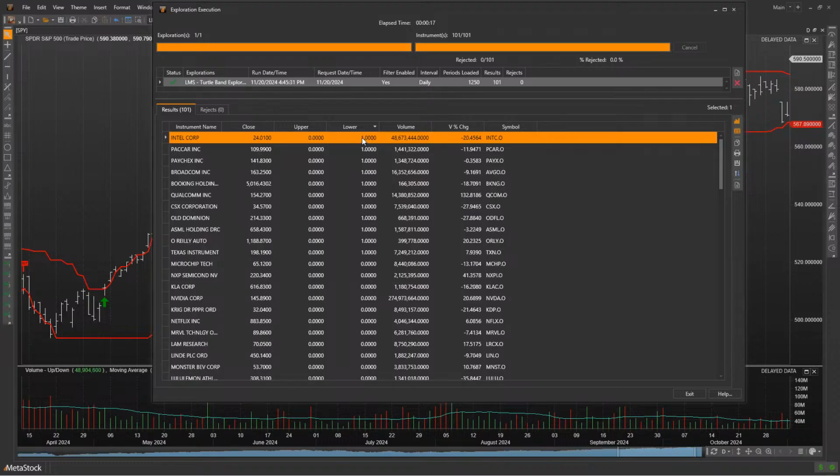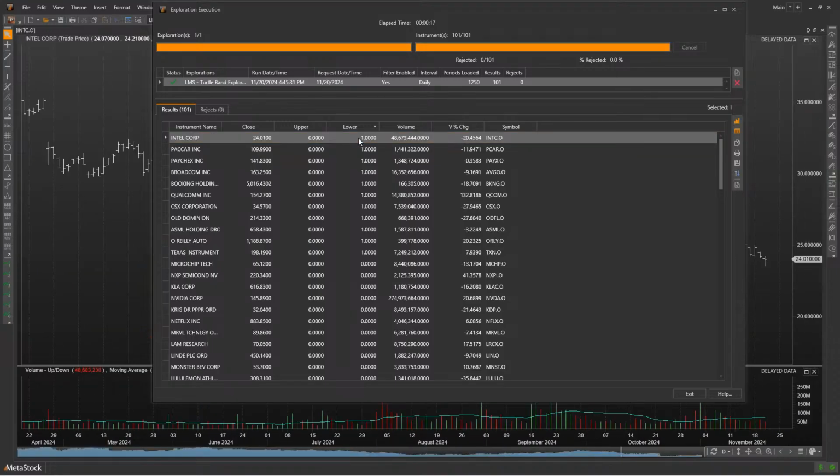So if you want to take a quick look at it, one quick note here, by the way, I've mentioned this before, but one change that they made in version 19 of MetaStock that I absolutely love is inside the Explorer reports here, that once you run a scan like this, you can sort on whatever field that you want. So let's say, for example, I've got all the securities that are breaking down below the lower band here in order. And once you double click on that first security, it's going to open up that security.